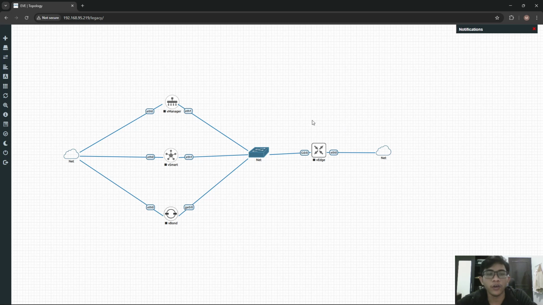And for configuration, each device requires three main configurations. The first is the system IP. System IP, in traditional routing, I think is like the router ID. So the system IP is a unique IP identifier like 1.1.1.1 and so on.